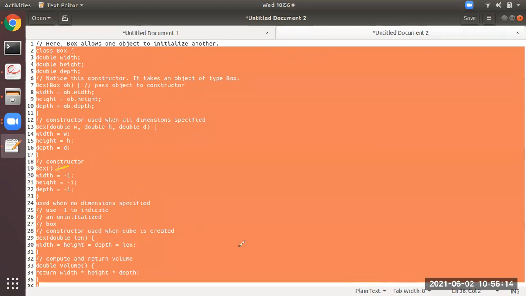There are 4 constructors. Among these 4 constructors, the first constructor, that is Box(Box OB), is the one demonstrating the heading, objects as parameter. In this constructor Box, we have the parameter as an object. That's it. The other things are the same.